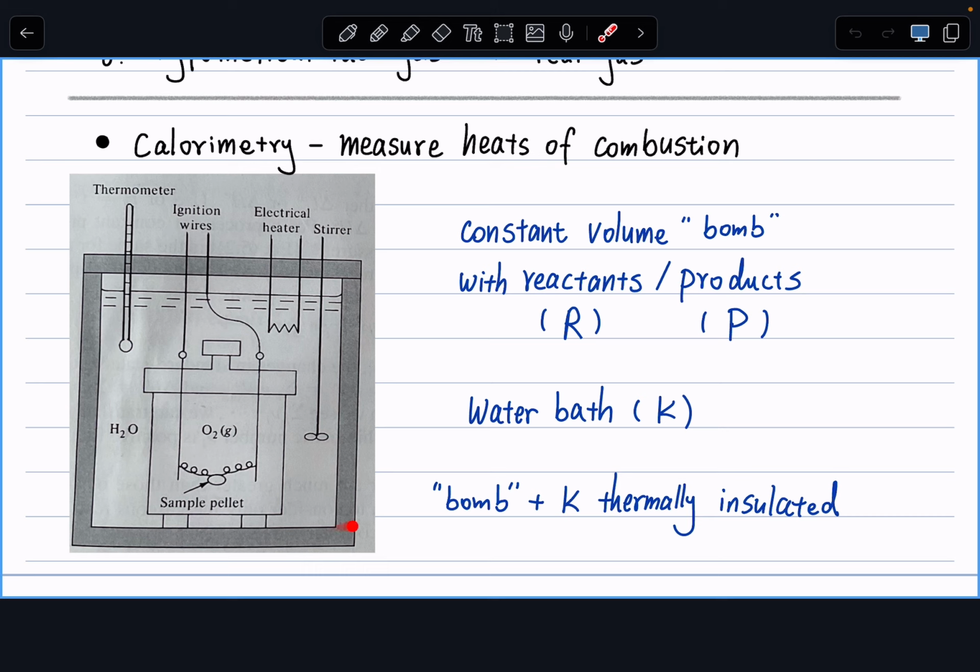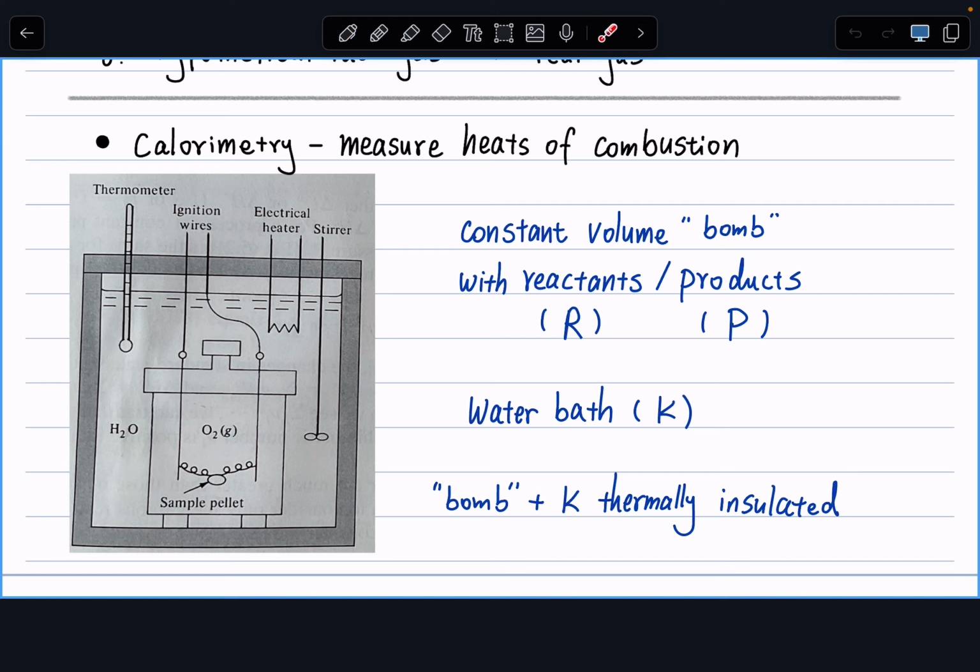First of all, this entire calorimeter typically is covered by a thermally insulated wall, right? So everything inside the gray box is thermally isolated from the rest of the universe. And also these walls are solid. So if we consider the overall calorimeter, the total internal energy change must be 0. It's not exchanging heat, and it's not doing work with the surroundings.